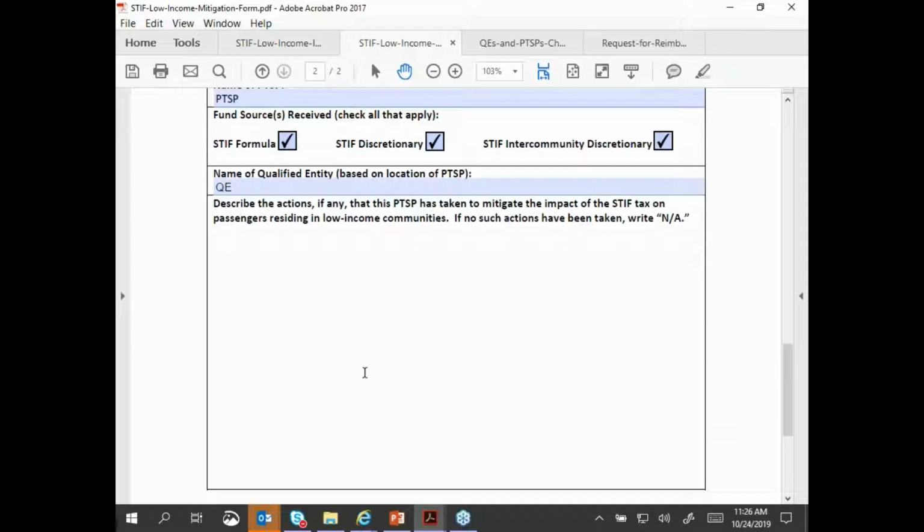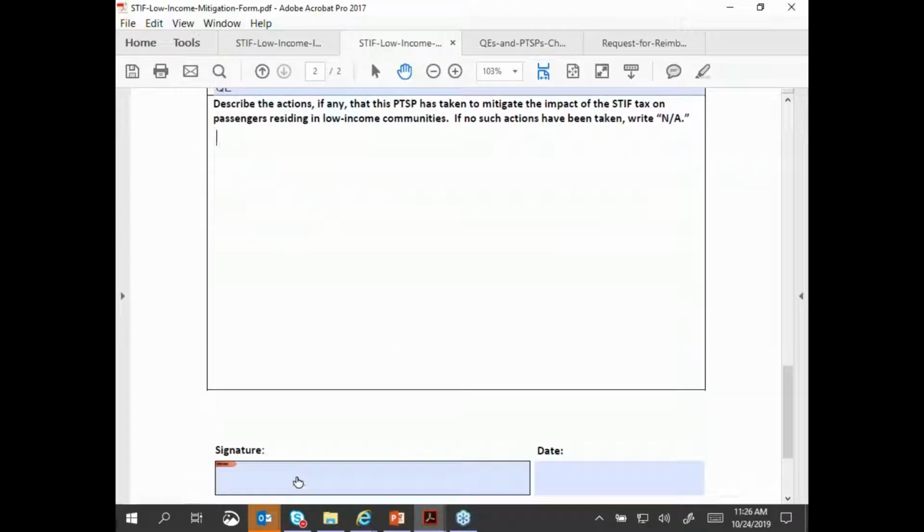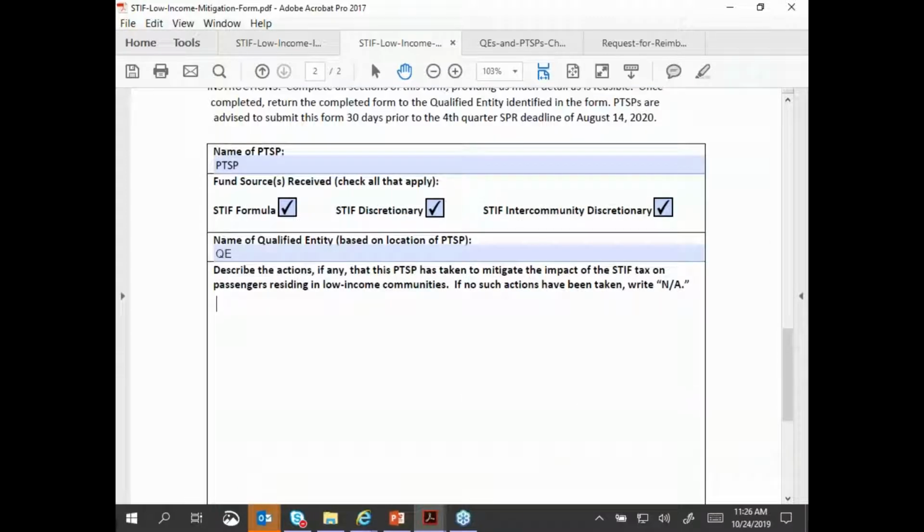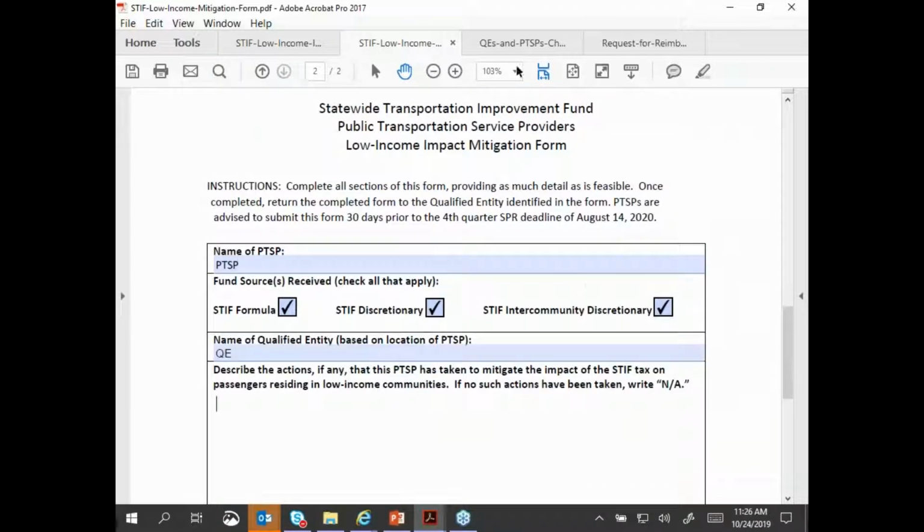Otherwise, they can provide just a summary of all the actions and however format they want to display that information. It's up to the PTSP to provide that information for us. And then there's a signature at the very bottom of this page and the date. So this is what's going to be submitted to the QE, this form.